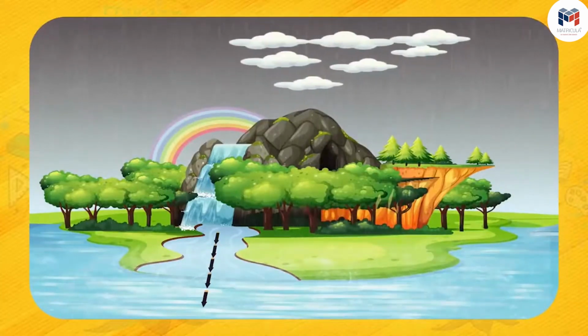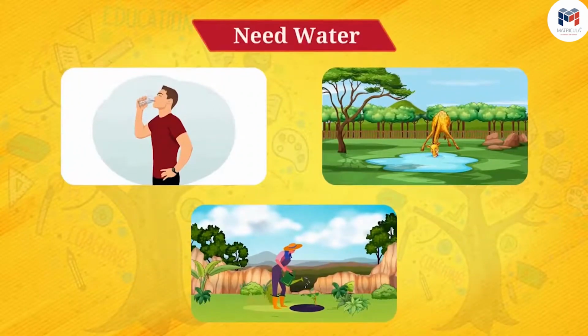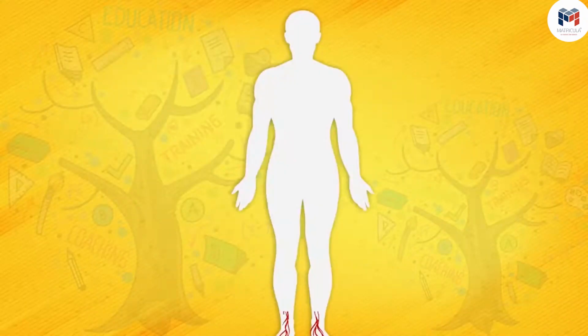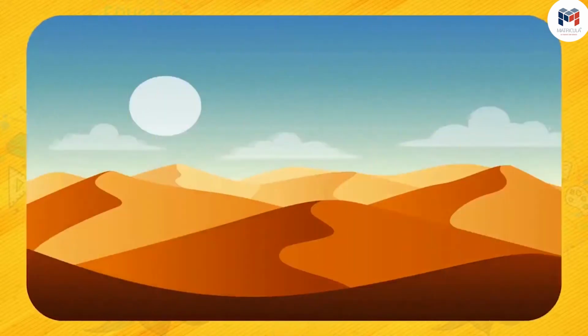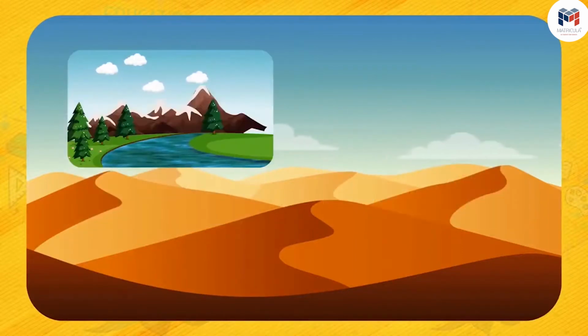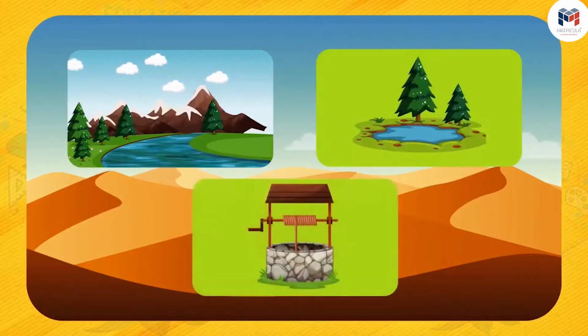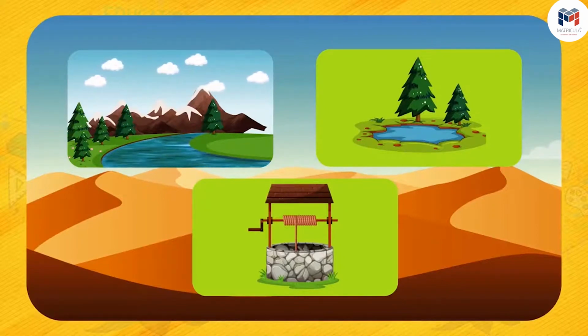Friends, it is well known that humans, animals and plants all need water. Let us know how water is important for us. Water is essential for all living organisms as it is required for all cellular reactions occurring inside the body. We see very few plants and animals in the desert. Have you ever thought why? Because sources of water like lakes, rivers, etc. are not found in the desert. So now you can understand how water is important. Well, water decides the biodiversity of a region.